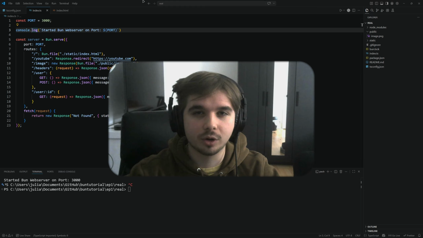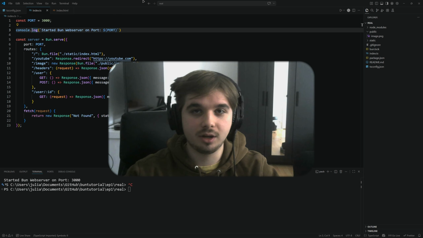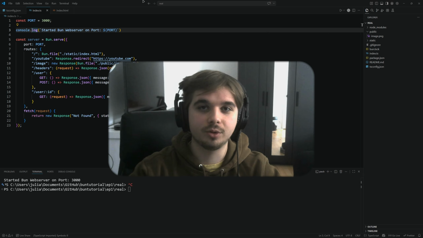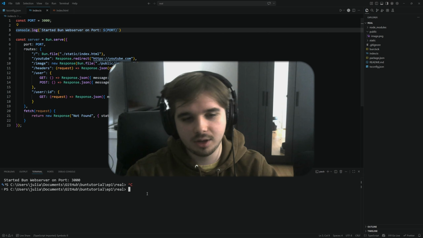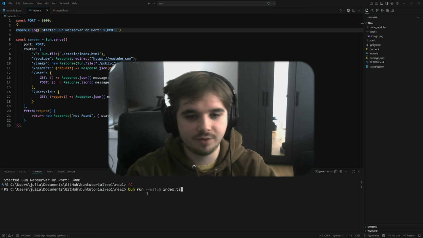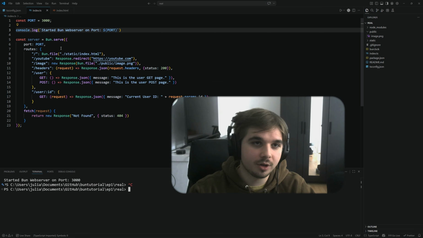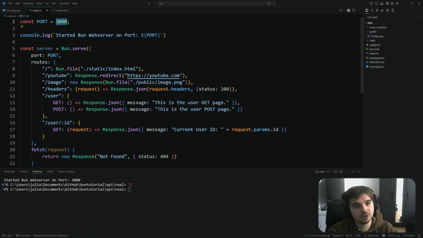In today's episode, we're going to be taking a look at some launch arguments for Bun when we're executing our entry point, along with creating a script so we can just type in bun run start instead of having to type this out. So the first thing we're going to do is actually add a launch argument so we can